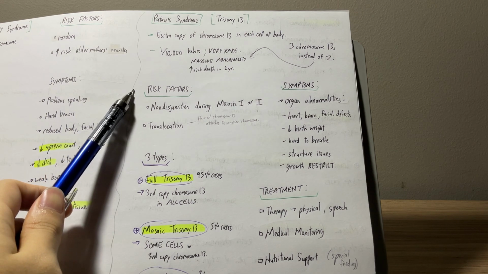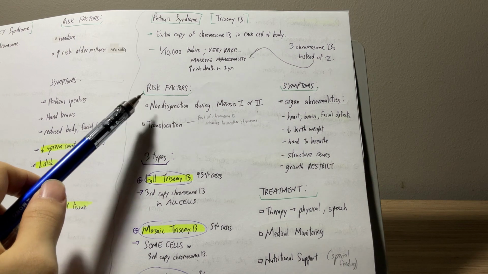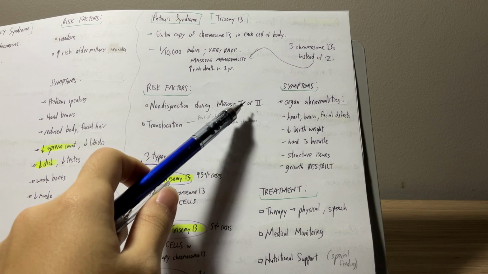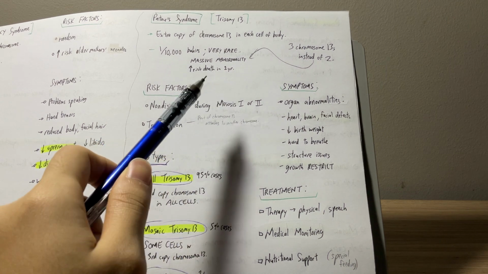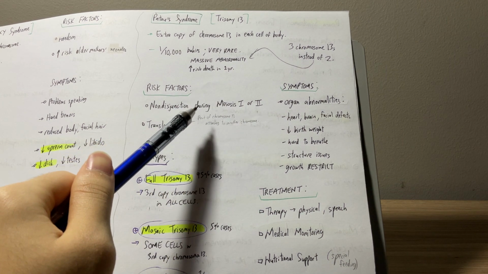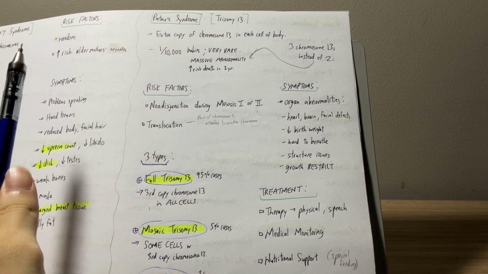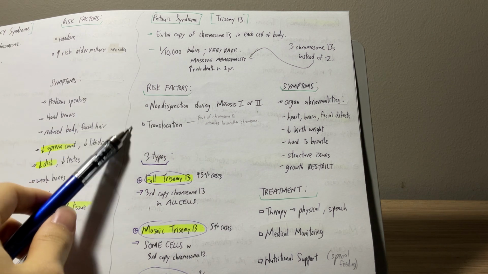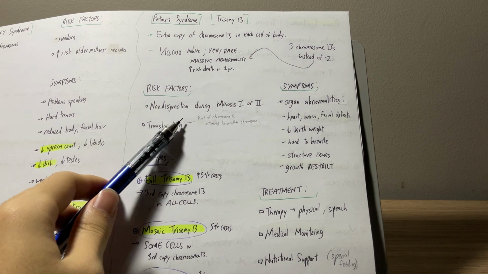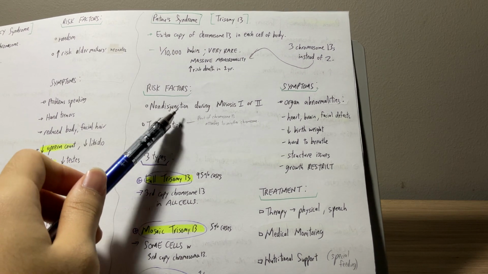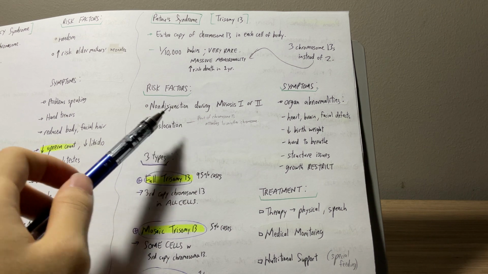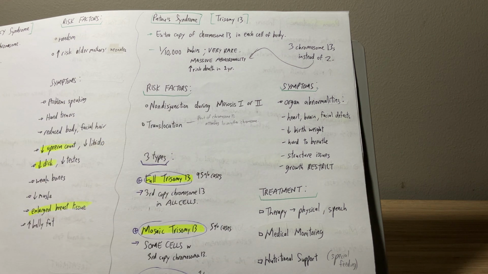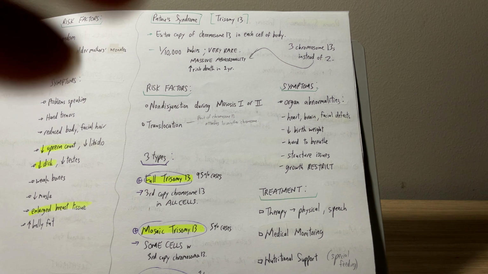What are risk factors? So there is non-disjunction during meiosis 1 or 2. I think what's being referred to when mentioning meiosis 1 and 2 is the process of oogenesis. I'm not sure. The second risk factor is translocation. So a part of chromosome 13 attaches to another chromosome. That's what happens. And let's talk about the symptoms. Wait, before the symptoms, let's go with the 3